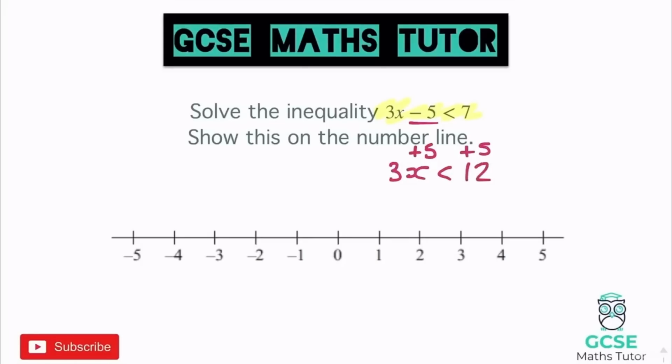Now we can divide both sides by 3, obviously, because we want to know what 1x is less than, not what 3x is less than. So when we divide both sides by 3, we get x is less than 4, and that is our solution to this inequality here. X has got to be less than